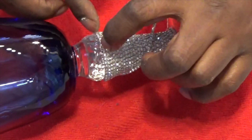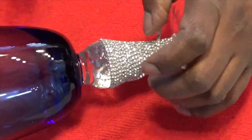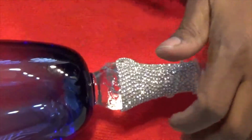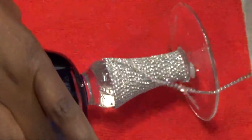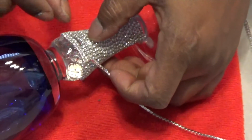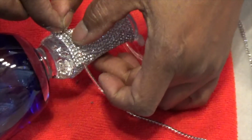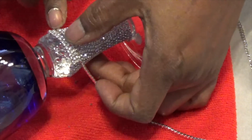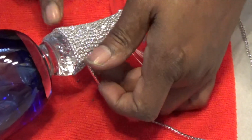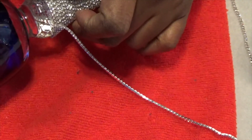And my little gaps over this little area here, I gotta be really careful. Again, I'm just checking for any spaces. I see an imperfection right here, so I'm gonna lift these two up and twist my beads, because they turned. And you see how I did that, it was easy to fix and just push these back down. So if that happens, that's why you don't want to make it too tight, because at least it gave me some flexibility